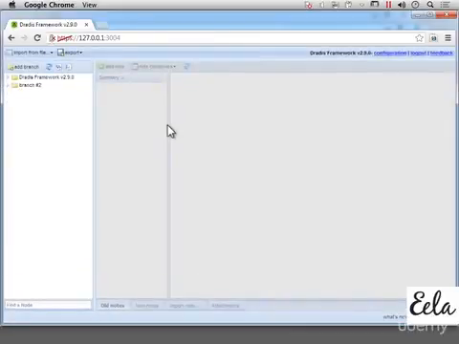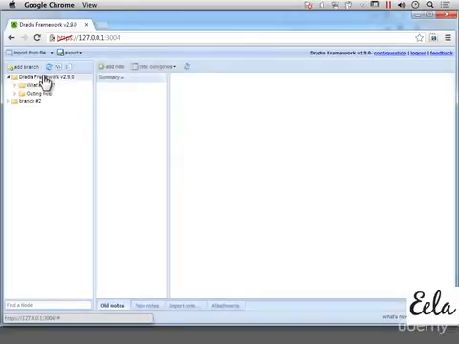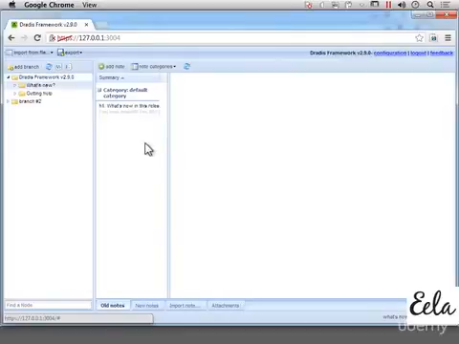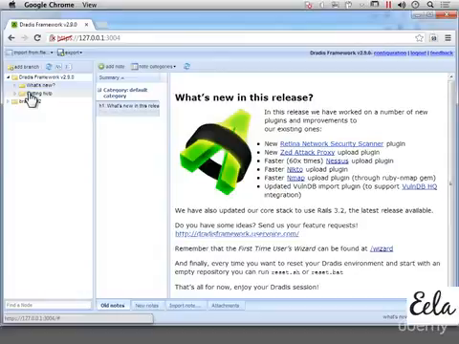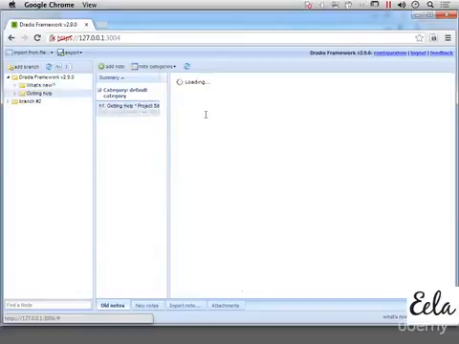I've created the login previously, and before that it would actually ask you to create a server password which is shared across all of the users. So the first thing we see here is a Dratus framework branch right here, or a folder, and inside of that is actually some documentation. So here's the documentation, it's what's new, and we can go to Getting Help, and it will load up the Getting Help page here. You can see inside this pane here is actually the list of notes that are inside